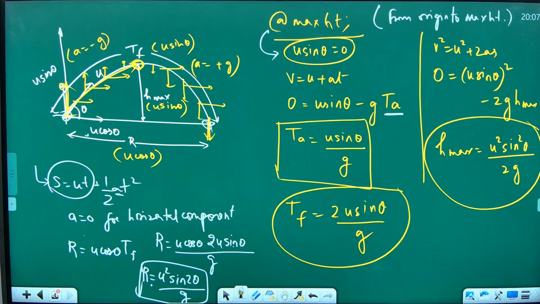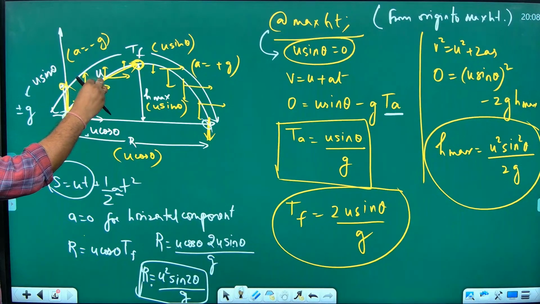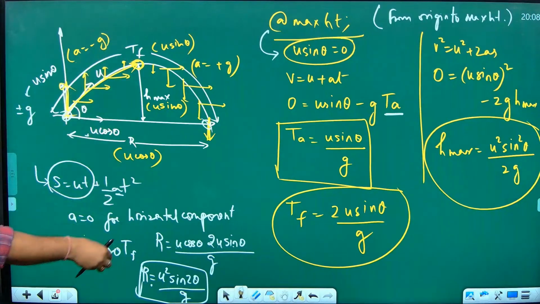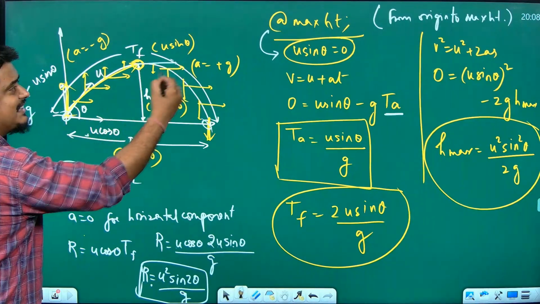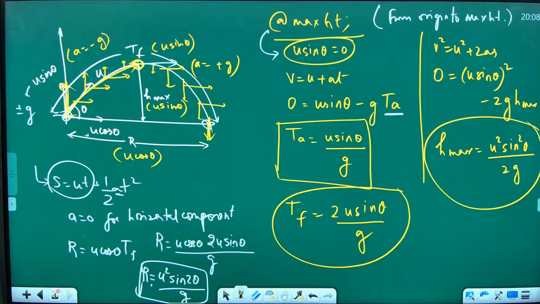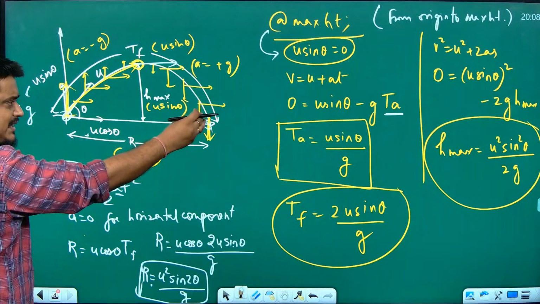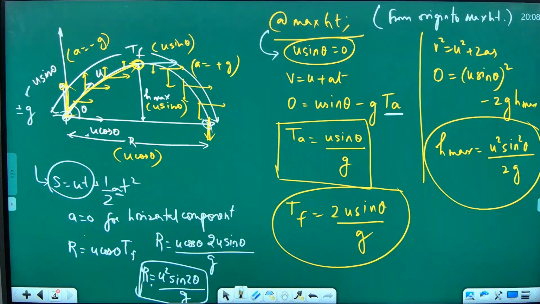Two components are there, man. U sin theta is acted upon by plus or minus g. When going against gravity, minus g. Towards gravity, plus g. So if something is acting against gravity, it will reduce its velocity, no? So its velocity will reduce, become 0. You ask me why it will not fall down, sir? Because u cos theta is acting. It will make it go in that direction. And then once again velocity will increase, and before hitting the ground, maximum velocity.